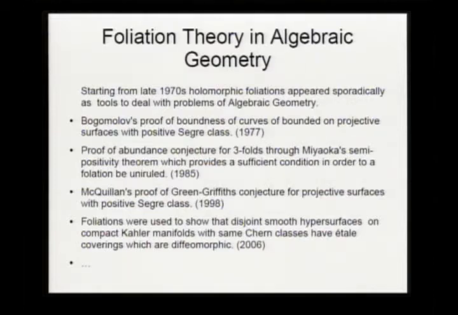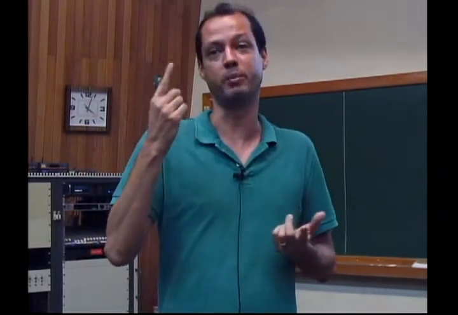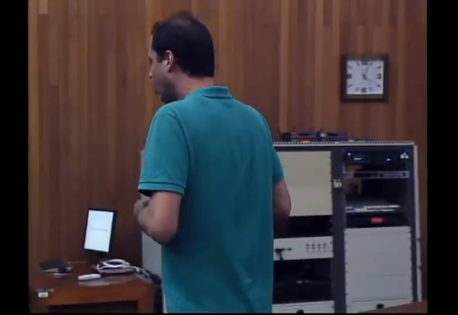So the results that I want to discuss somehow fit into this feeling that foliations, or at least holomorphic foliations, should be viewed also as algebraic geometric objects. So essentially, we should try to mimic the theory of varieties, which after all is just an example of a foliation, a foliation with only one leaf, or if you want, a variety foliated by points. You can see it in two different ways. We should try to generalize the theory of algebraic varieties to this context of foliations.